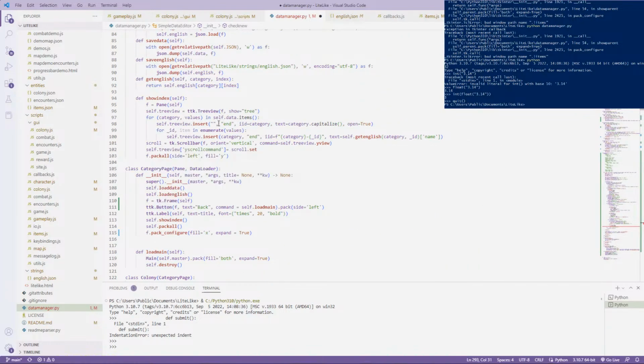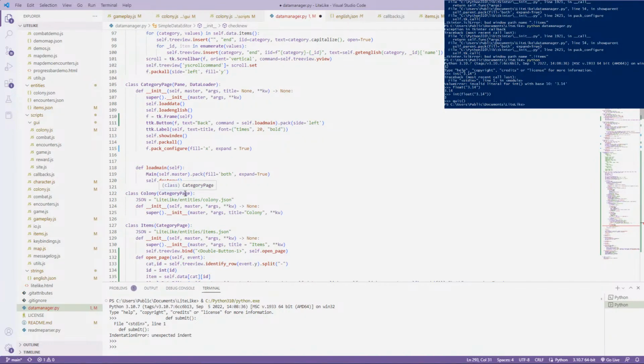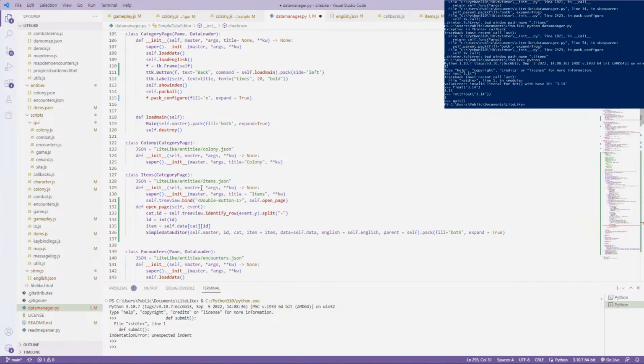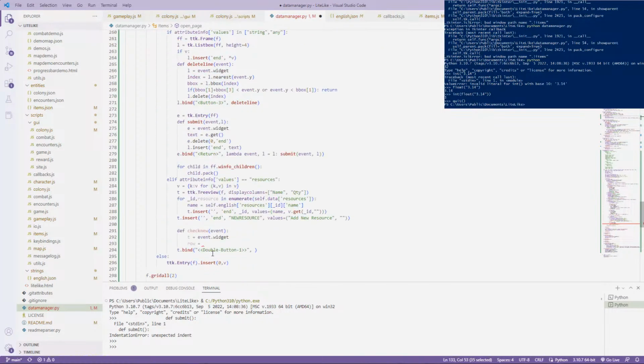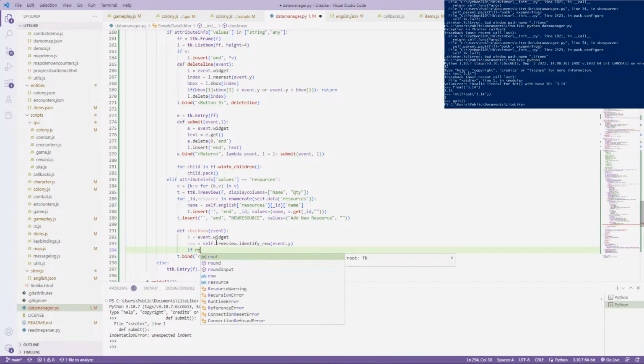Category page. Huh, do we not bind double button 1? Where do we bind double button 1? Ah, here we go. Self.open page. Okay, identify event.row. Gotcha. And that gets us our IID. So if row equals new resource,